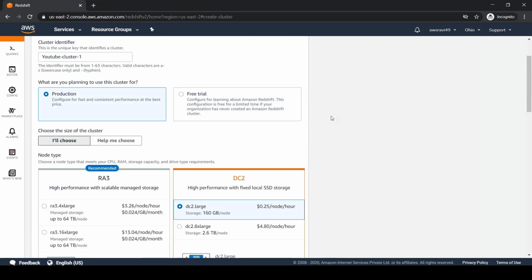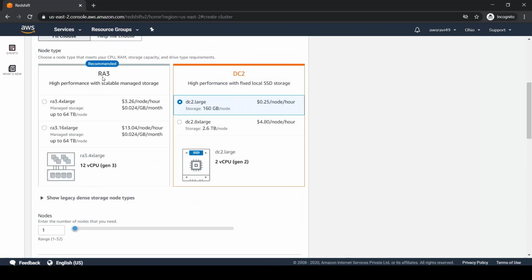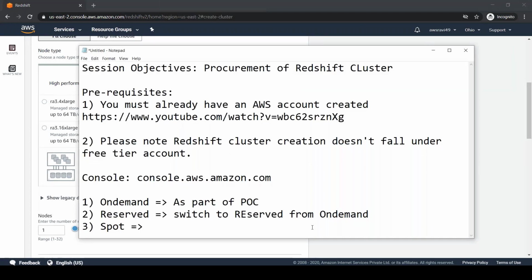If you go to production, you can create clusters of RA3. They say it's recommended, but they are costly. Or DC2. There is something called DS, but that's kind of outdated now. Right now, most of the Redshift clusters fall under either the DC or RA category. But if you look at the costing here, what did we learn in our previous lecture?